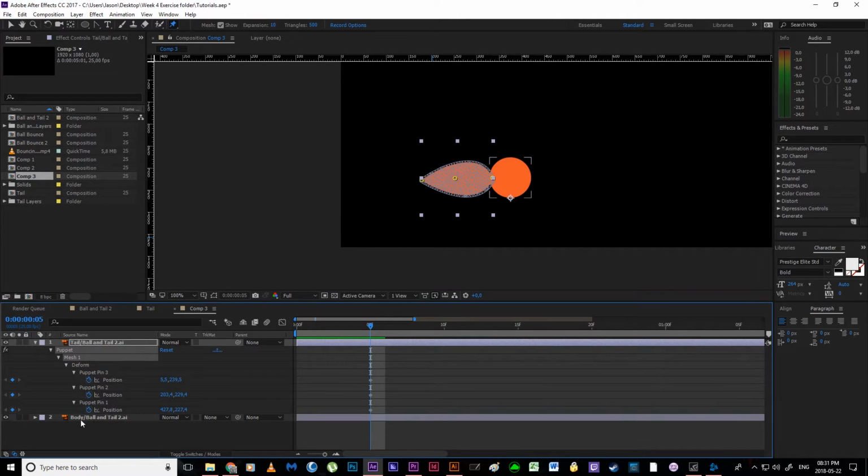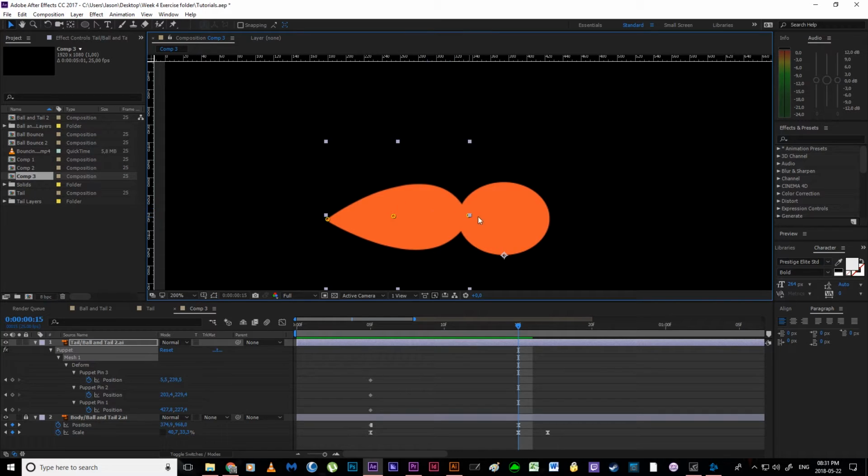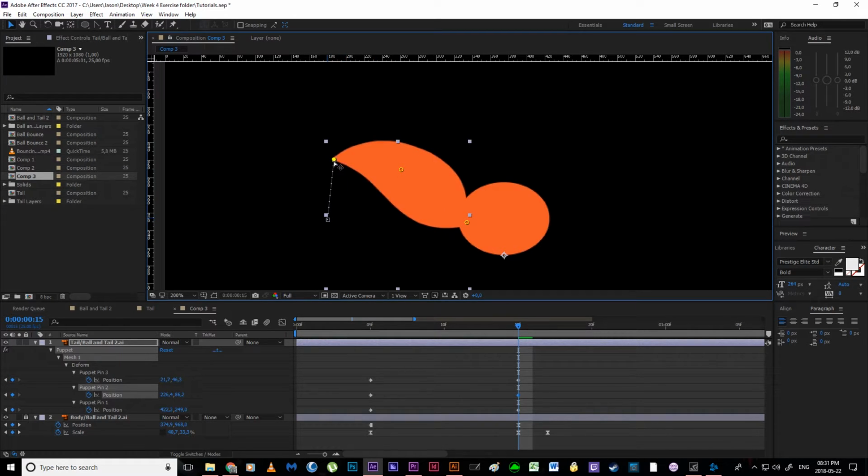Okay, so I am going to bring up my keys for my position and scale on the body, just so I can use those as a guide, and we can see that this is where our anticipation is happening. Alright, we've got our body squashing down, getting ready to pounce, and I've already set my keys for a normal looking tail at rest at the beginning. Okay, so I am going to drag out to where we are in our position for that nice little anticipation, and I'm just going to adjust my keys a little bit, and I'm going to have my tail drag upwards,